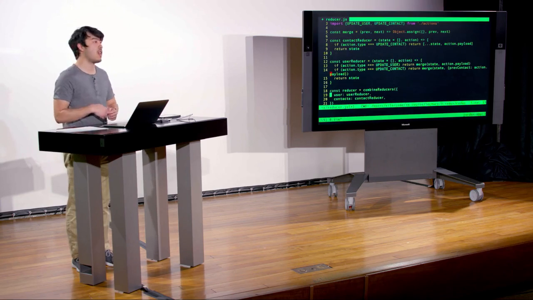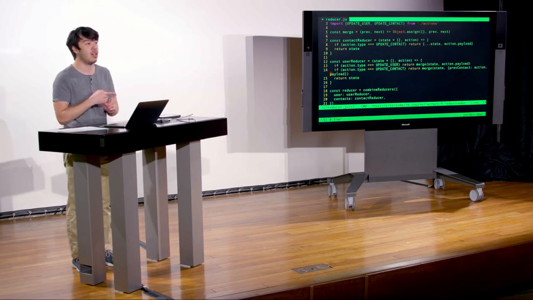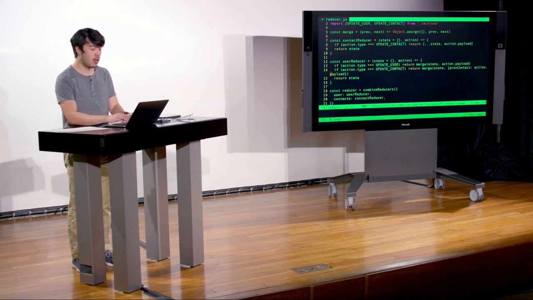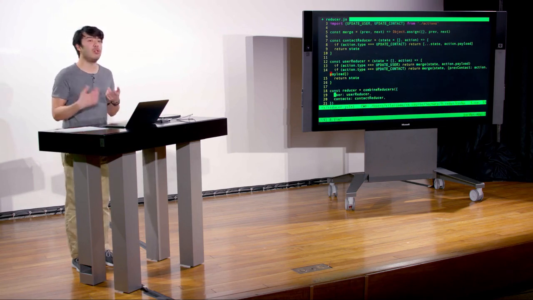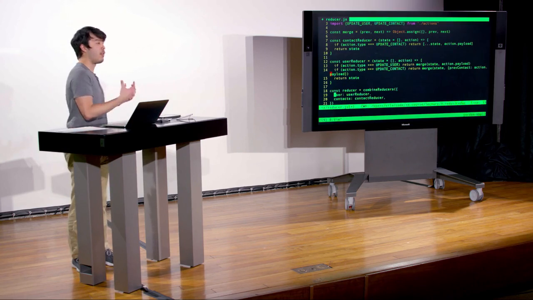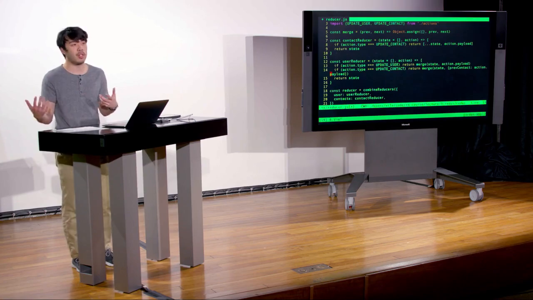So just to stay maintainable and scalable, rather than having one reducer check against all action types and maintain the entire state, we have separate reducers for the part of the state that cares about user and the part of the state that cares about contacts. And if we want to scale up to the point where our user is starting to be an object that is unmaintainable by a single reducer, we can create one reducer for half of that user, and maybe another reducer for another half, or maybe a third reducer for a third key in there, and